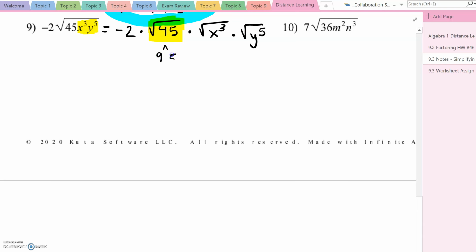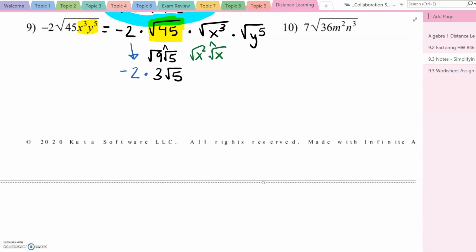I'm thinking 9 times 5 is 45, and the square root of 9 is 3. Alrighty, I'm going to bring down my -2 from before. And now I want to think about my x cubed. So think of a perfect square inside of x cubed. I'm going to think of x squared times x gets me x cubed. If I take the square root of both of those, I get x square root of x as my answer